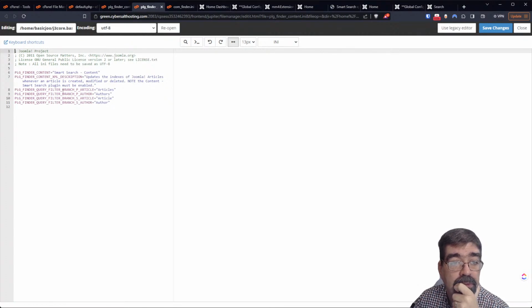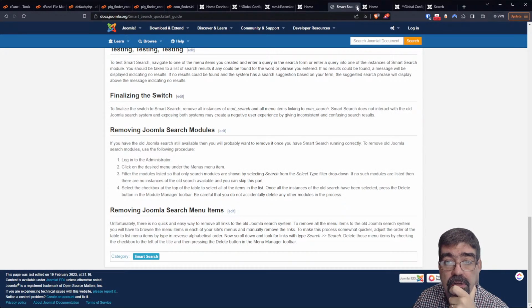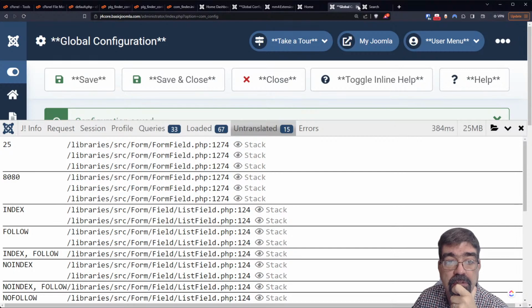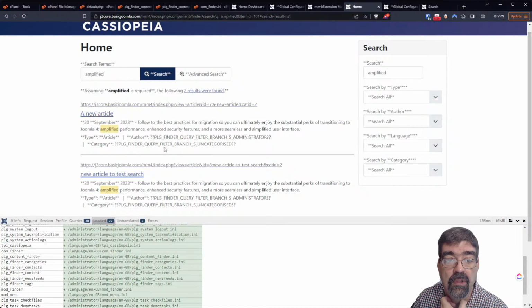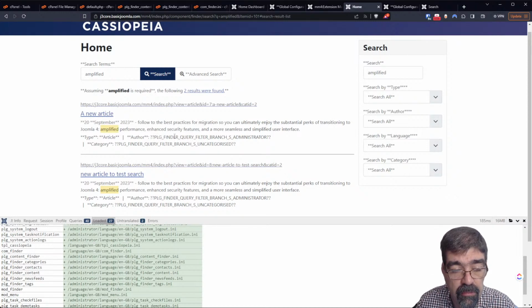So then we've got plugin finder query. Okay, so we've got plugin finder query filter branch p article or author. I'm going to close some things here because we have too much stuff. Plugin finder query filter branch s administrator. We've never found where the branch is. Okay, so you would see an error if the ini files are not formed properly. So when it's calling for author,